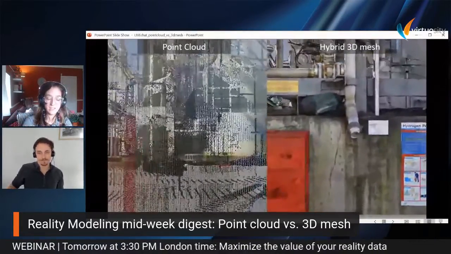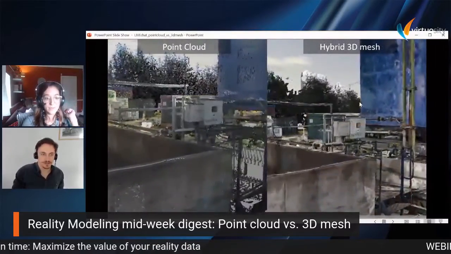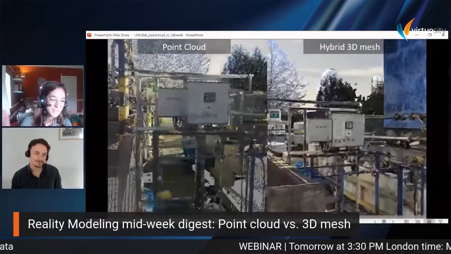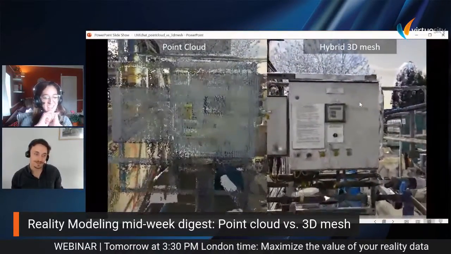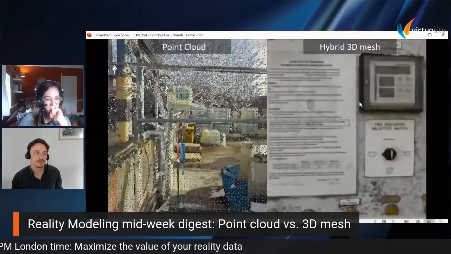So, as we said, that's the first step of automatization, that's a point for point cloud. Now the next aspect we have to discuss is the size, because